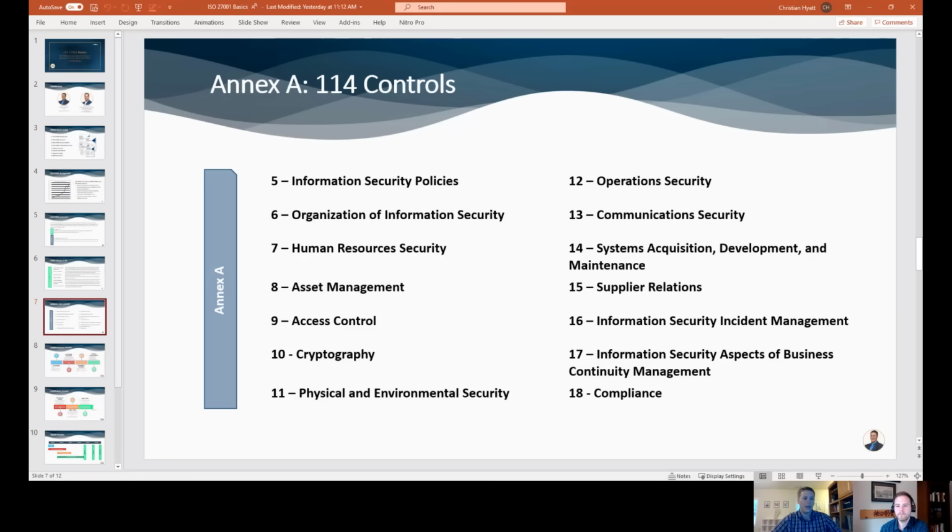Yep. 17 is around business continuity. So making sure that, in the event of personnel being unavailable for an extended period of time unexpectedly, or coronavirus hits, right? Everyone has to work from home all of a sudden for a full month or more. These are things that are addressed in Section 17. Also, thinking through disaster recovery. So from the technology side, is your application able to recover if it gets hit with something terrible like ransomware? And then 18 is compliance.